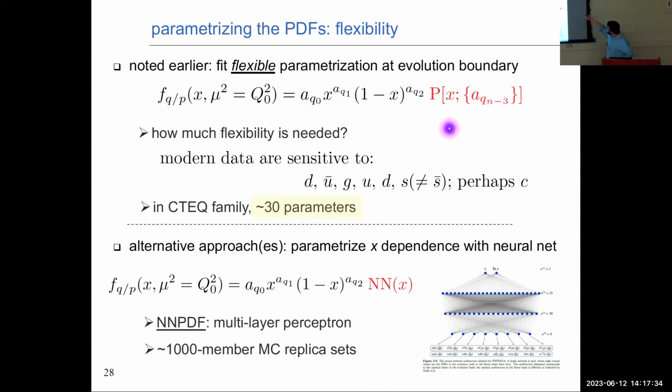The idea is that I need many of these different fitting parameters, and I would write down unique parameterizations in principle for each of the various flavors, for the gluon, for U bar, D bar. There are various ways of doing this, and that's an important source of uncertainty. How much flexibility is needed? You might ask, do I want 100 parameters? Do I want 1,000 parameters? Should I put 1,000 parameters in my global fit? Does anyone see a problem with doing that?